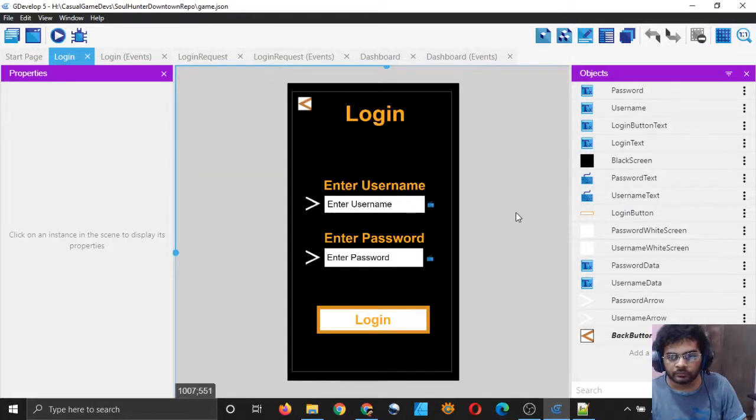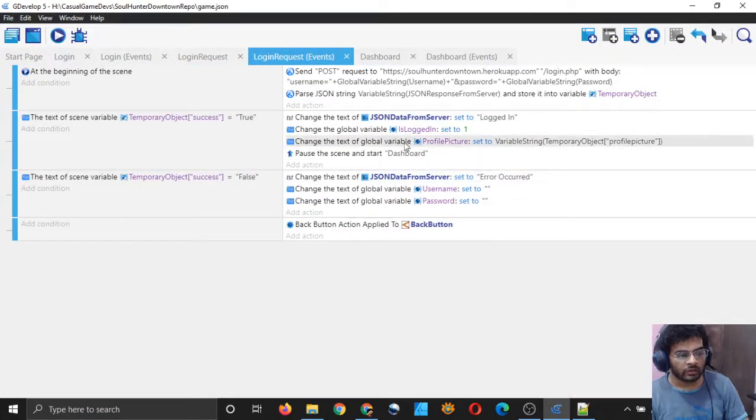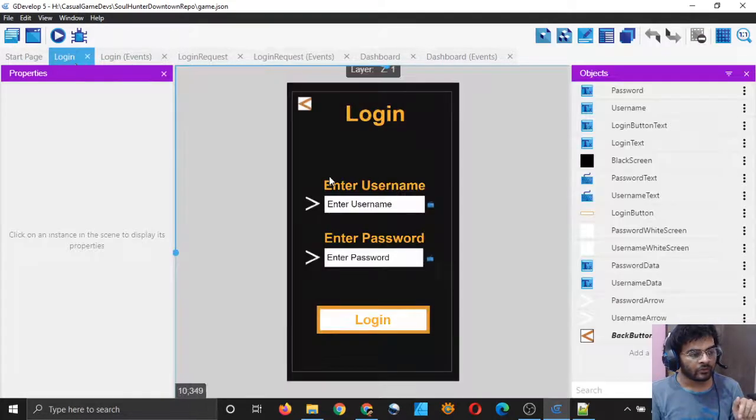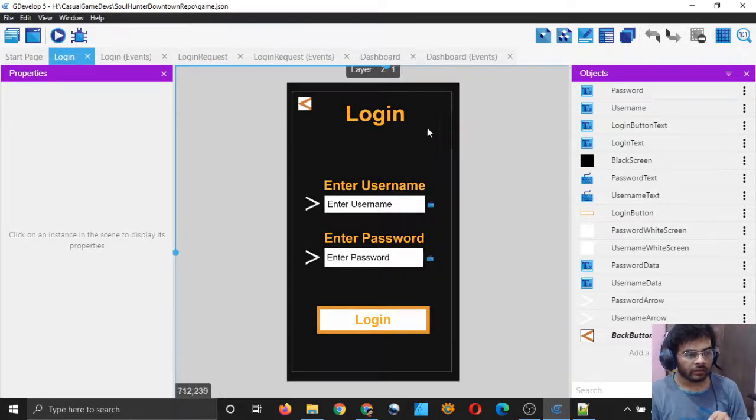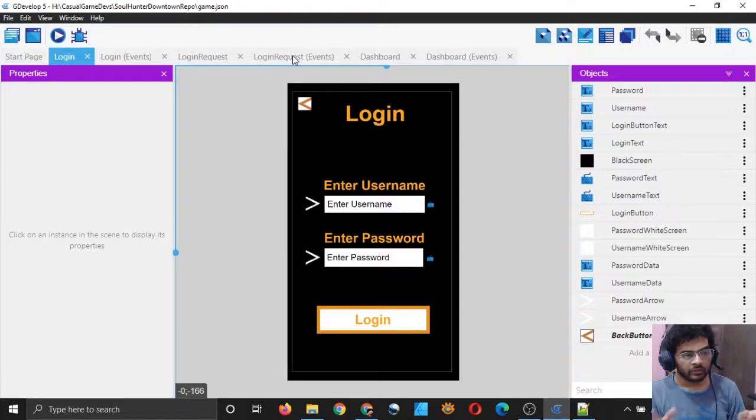Yeah, so our dashboard is coming and we are able to log in. We are able to parse the JSON data and store the different objects which we are receiving in the JSON data into our variables, and so that's good, that's working. So we saw in this video how to parse JSON data basically, and how to better structure our scenes so that the user does not get stuck in one scene in case they enter a wrong password. We allow them to go back and enter it again, so that's good.